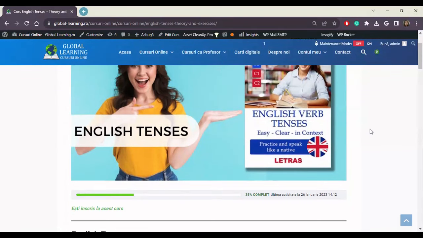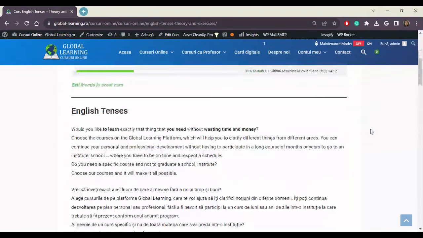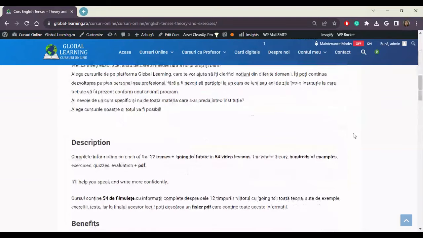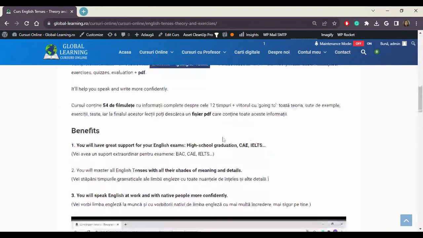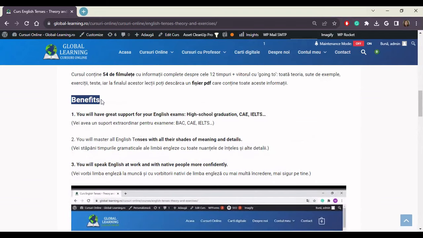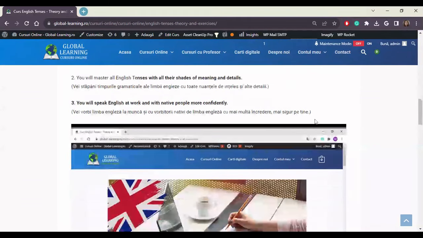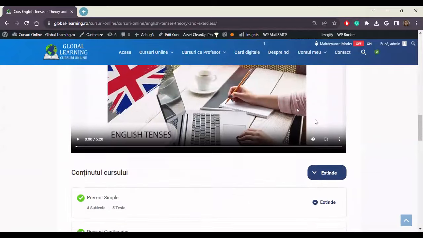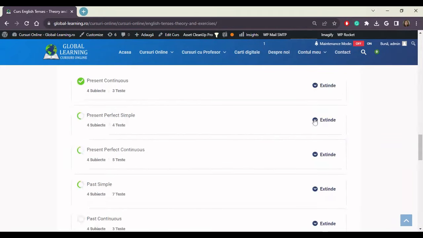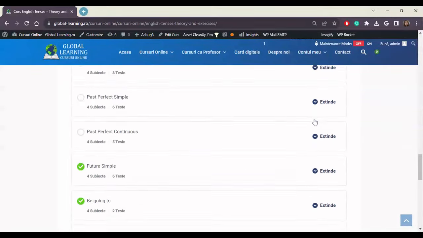On the global learning platform, discover the product English tenses and gain remarkable skills in using the grammatical tenses of the English language. Whether it's the simple present, present continuous, present perfect, or other tenses, you learn how to use